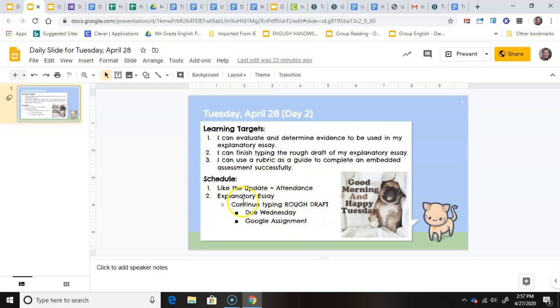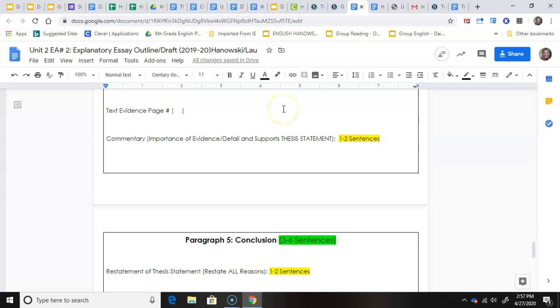Remember, you're going to be taking stuff from your outline and putting it into your document, which I will show you again today. And a couple things I'm noticing just with your outlines. I started looking at some, but I'm going to wait because I know they're due today, and I'll look at them tomorrow. But the few I've looked at, a couple of the things I want to point out is on your draft.